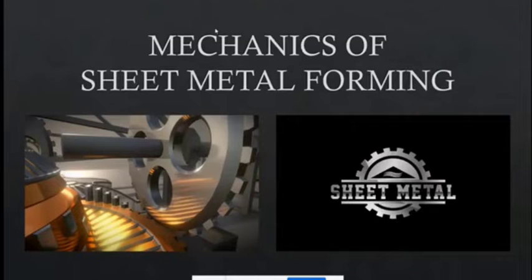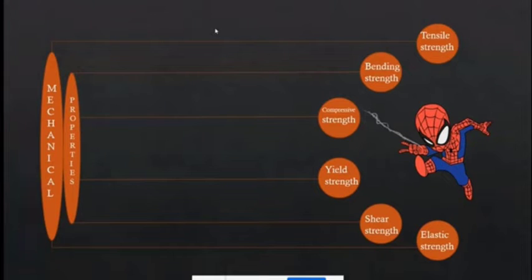Hello everyone. We, Team Sheet Metal, are going to present and discuss something about mechanics of sheet metal forming. The mechanical properties of a material reflect the relationship between its response to, or deformation from, an applied load or force. Let us discuss different mechanical properties: tensile strength, bending strength, compressive strength, yield strength, shear strength,